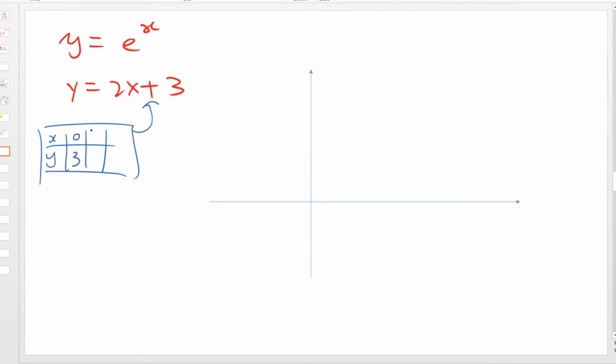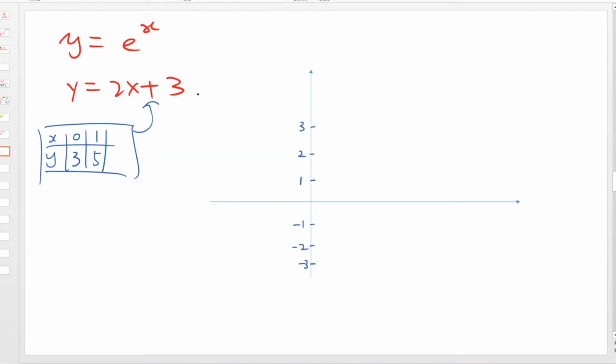When your x equals 1, your y equals 5. So with 2 points, we can already sketch. So this is your 1, this is your 2, this is your 3, and this is -1, -2, -3. When it comes to a scale,